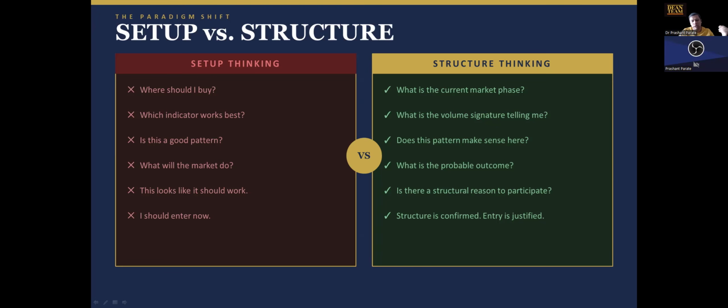Then the next question is, is this a good pattern? Like a flag and pole pattern, is this a good pattern? Or a box breakout, is this a good pattern? There is always a question, which is, does this pattern make sense here? If it is an early uptrend, then a retracement pattern makes sense. But if it is the markup phase, after the first retracement is happening, that setup does not make sense there. It will either go sideways and create a reaccumulation schematic, or it will break down. So either of these things may happen. Therefore, after a late uptrend, a retracement entry is not a good setup.